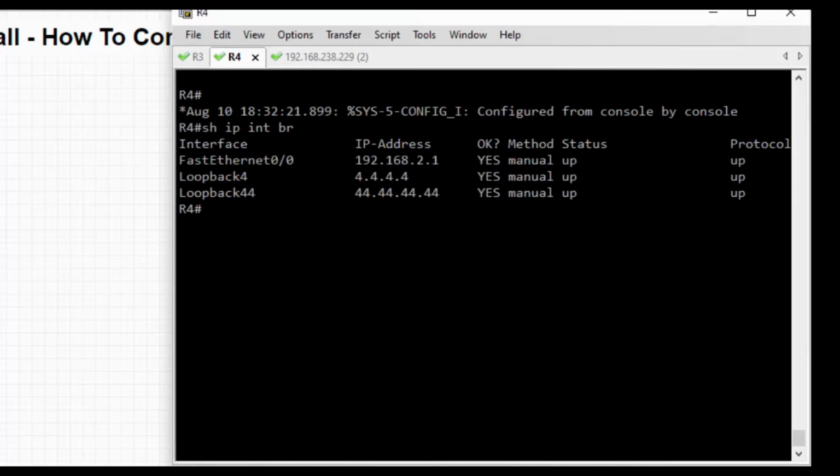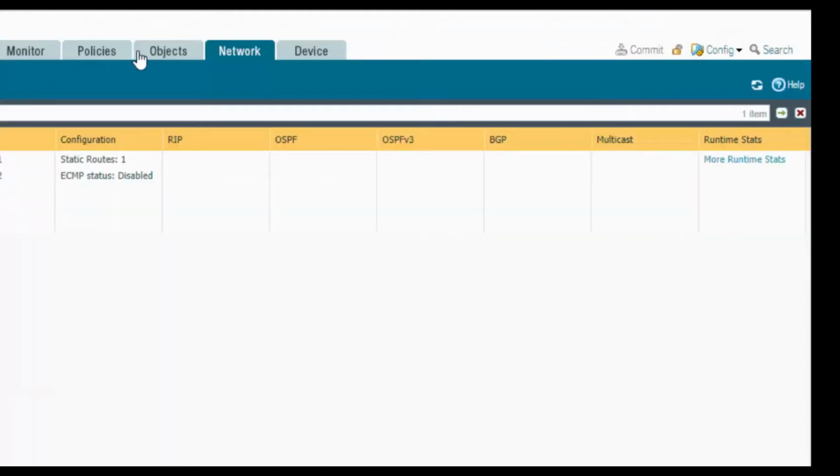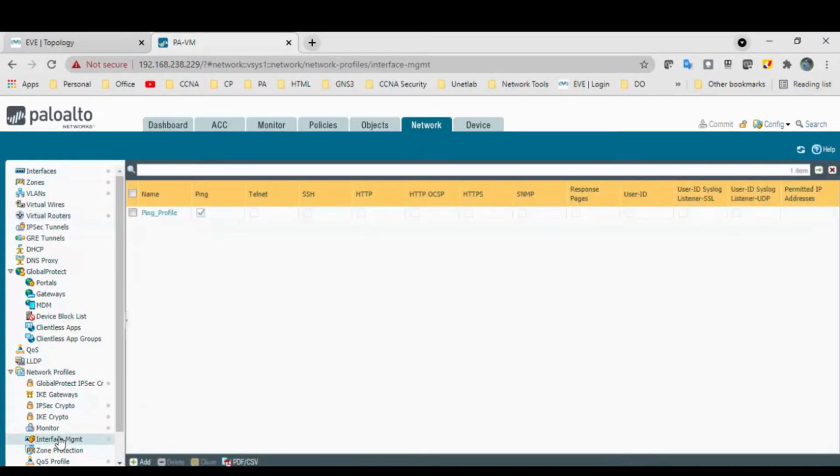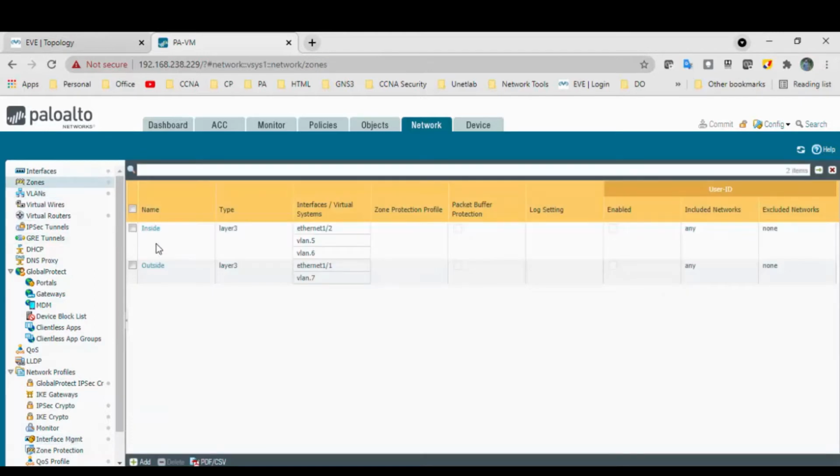And when we come to the firewall, the firewall has one management interface with only ping allowed, and two zones. Inside I have three interfaces, that is 1/2, VLAN 5 and VLAN 6, and in outside 1/1 and VLAN 7.